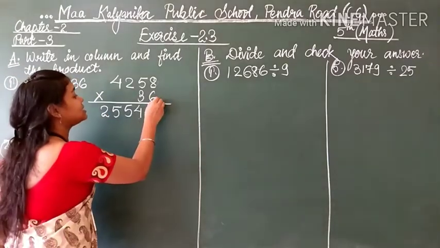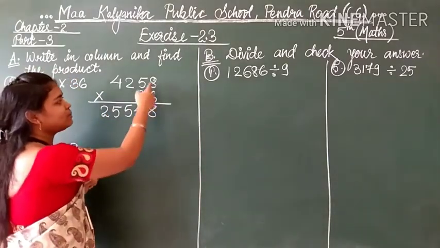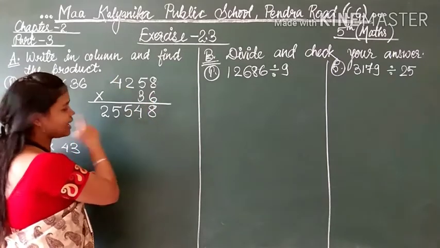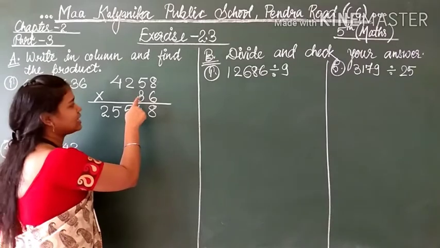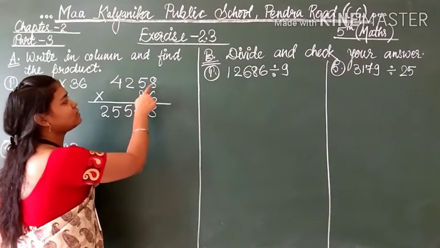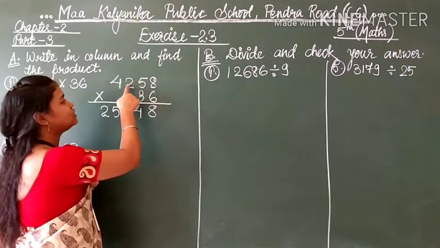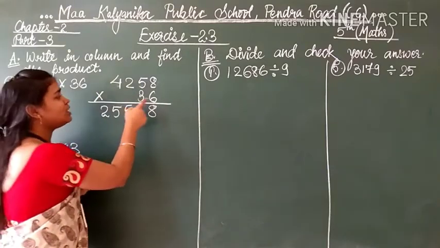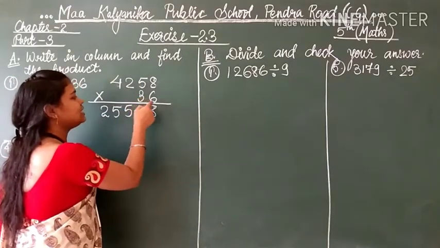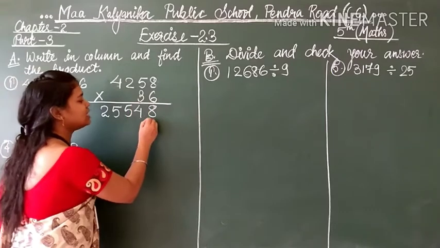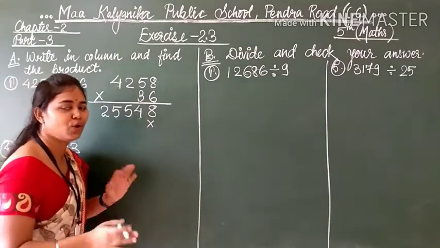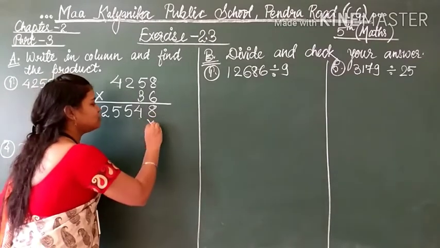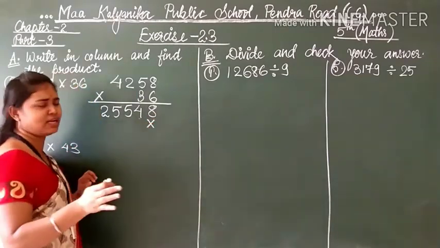So see the next step. Now once place we have multiplied, you have to write in the first line. Now the second unit, the 10th place is there. The 10th place is 3. Now 3 you have to multiply by 8, then 5, then 2, then 4. So for the second digit present over here, you have to just leave this place. So you have to put a cross. Or you can write 0, it's your choice. I used to write a cross here, it is convenient for me.